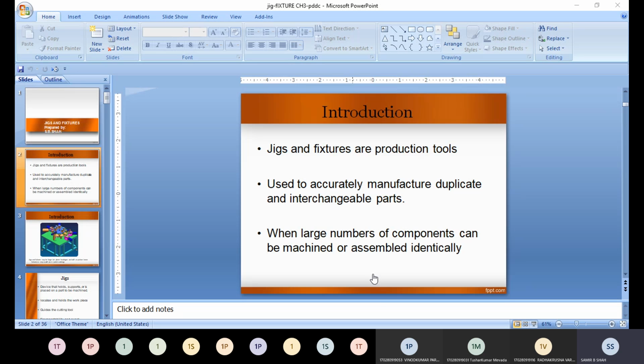At that time it is easy, because if we use a jig or fixture, the production is much higher and we do not require that much skill. When a large number of components can be machined, we mostly use a jig or fixture.